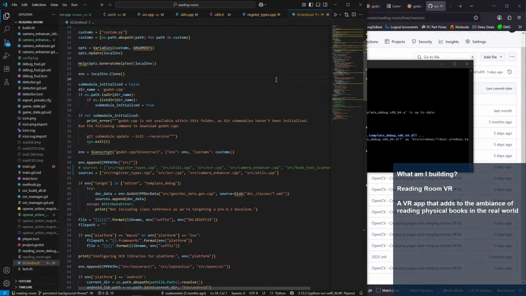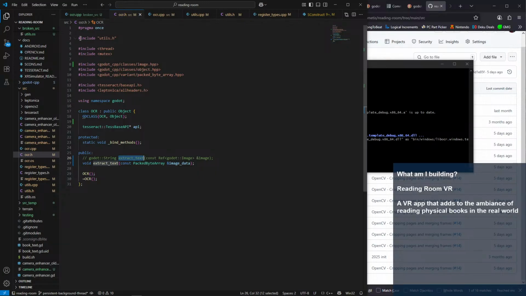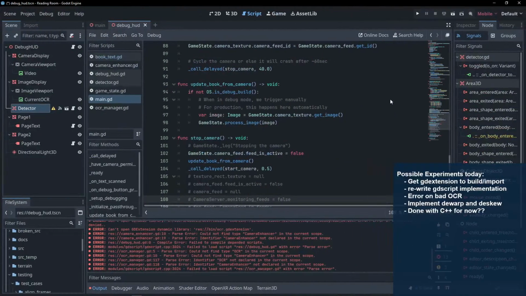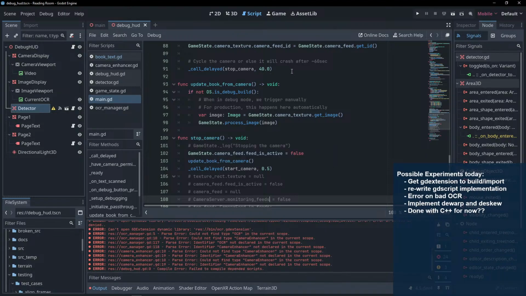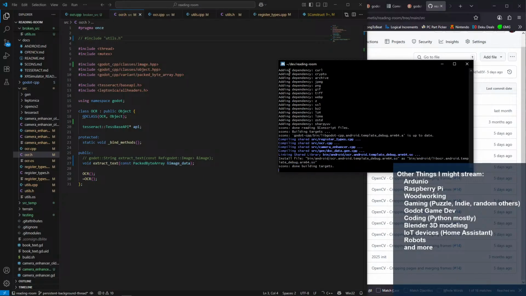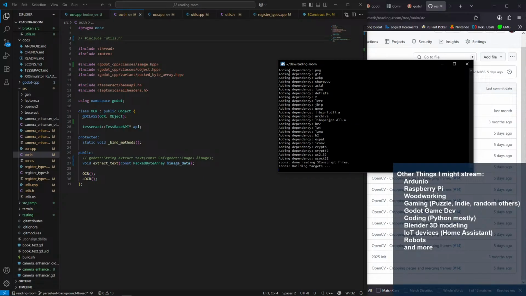So, can we get it back to good? Save that there. And the only thing I did was change that import, right? So can I get it back to good here? I'll be fine if it's an issue with utils.h, the utils file.